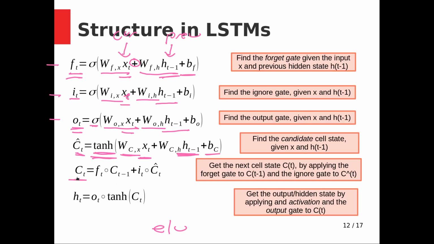Then we get our next cell state, right? So our next cell state is the forget gate times the previous cell state, so we filter the previous cell through the forget gate, plus the ignore gate times our candidate. So we filter our candidate through the ignore gate. And then finally, now that we have our current cell state, we output tanh applied to the cell state, filtered through the output gate, right? So the hidden state can store values that don't get outputted